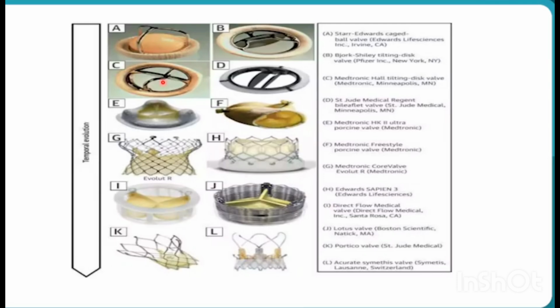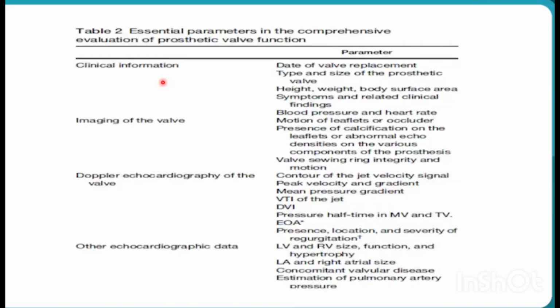B is a Björk-Shiley tilting disc. B and C are both tilting discs from different manufacturers, and D is the one that is commonly used, the St. Jude valve. E and F are porcine valves, one of them stented, another stentless. The valves preceding them are the ones that we use during TAVI procedures, and depending on whether they are supra-annular or annular, they are further classified, and there are other examples as described in the image. So coming to the topic,